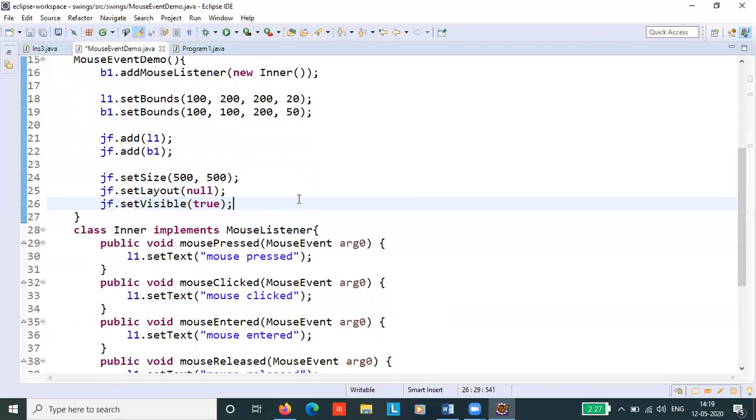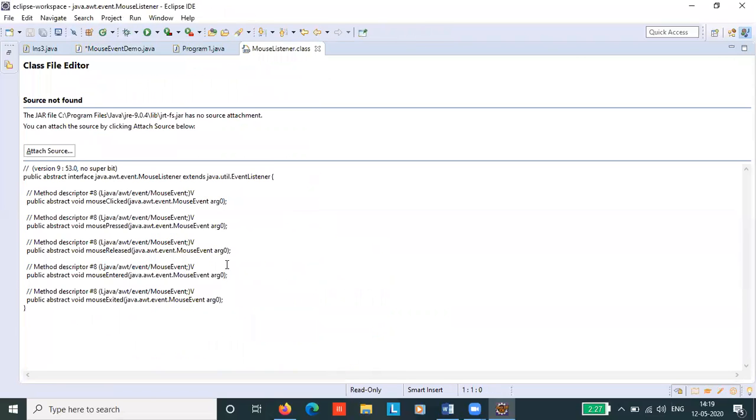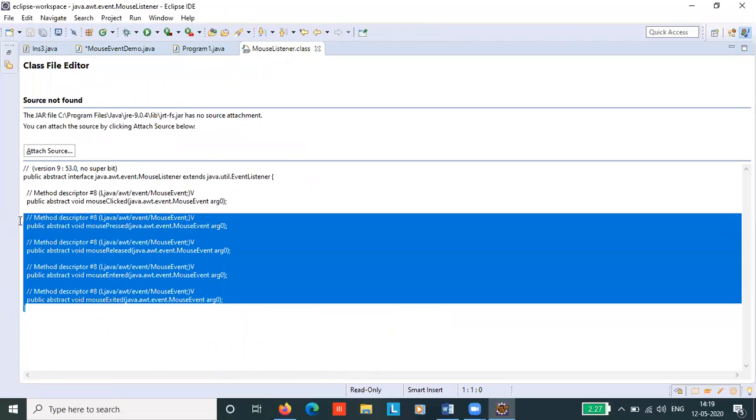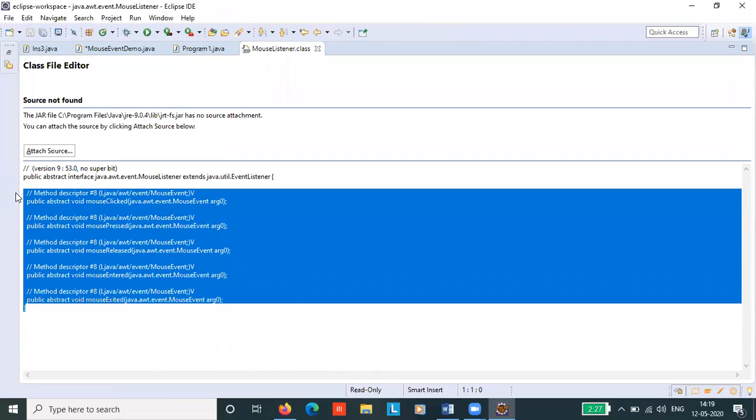Next is an important step. Now observe this mouse listener interface. How many methods do we have? 5 methods: mouse clicked, mouse pressed, mouse released, mouse entered, mouse exited.